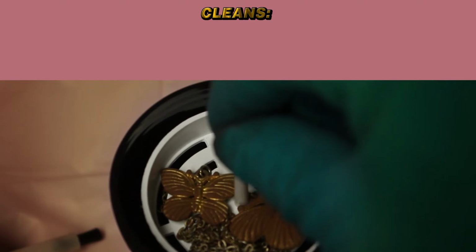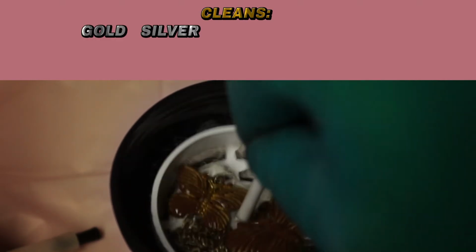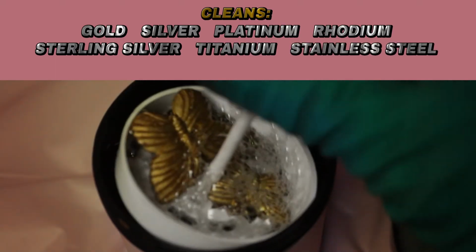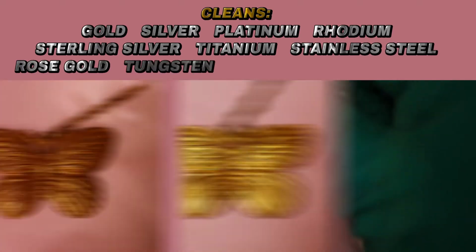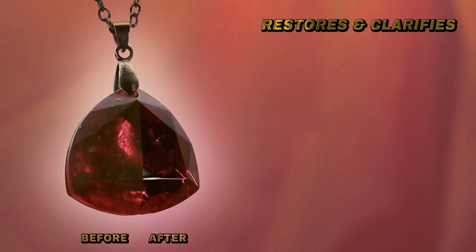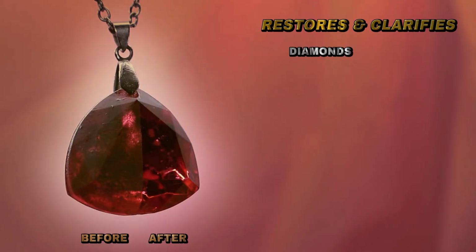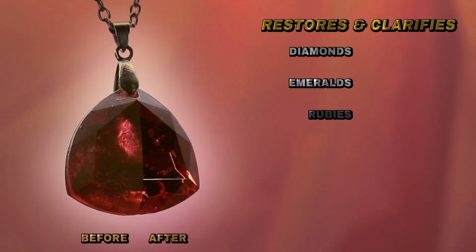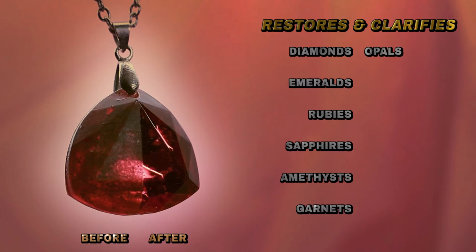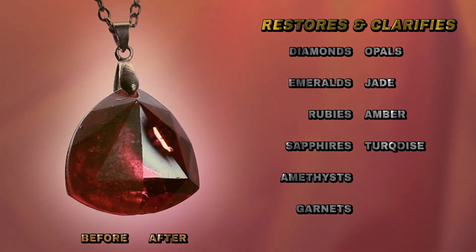It quickly cleans metals such as gold, silver, platinum, rhodium, sterling silver, titanium, stainless steel, rose gold, tungsten, copper, palladium, zinc, and more. It restores and clarifies diamonds and gemstones, including emeralds, rubies, sapphires, amethysts, garnets, opals, jade, amber, turquoise,